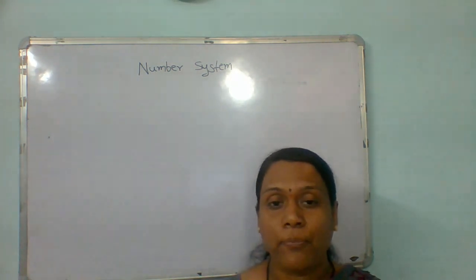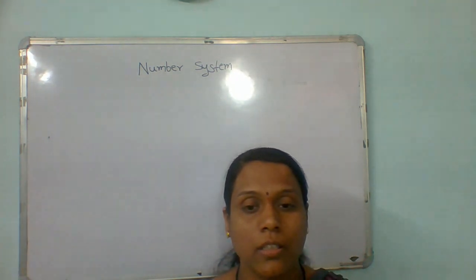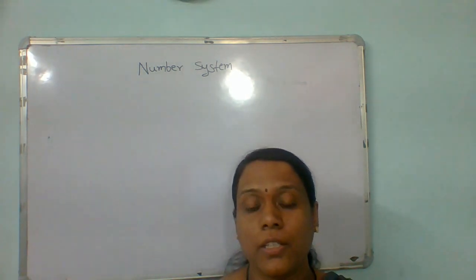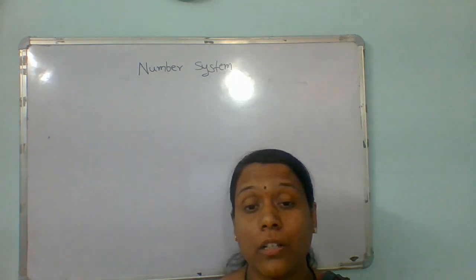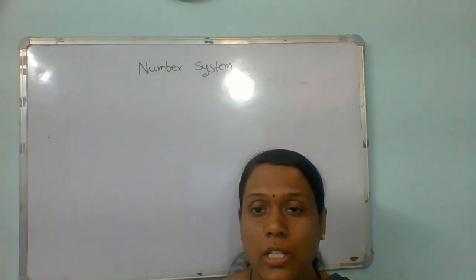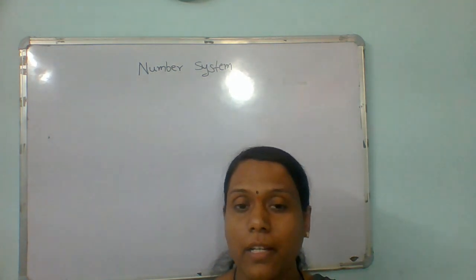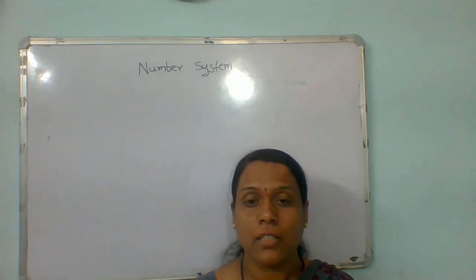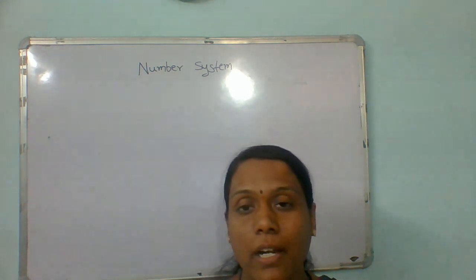Nowadays in our daily life we are using the decimal number system, which consists of the numbers from 0 to 9. Now in number systems we are going to learn the different types of number systems, their use, and their conversion. This topic is important whatever course you are doing regarding computer engineering, computer science, BCS, or a diploma in computer. In each and every field, we require the number system.